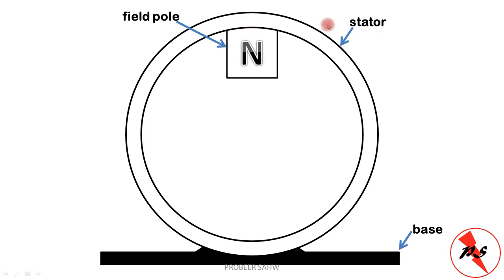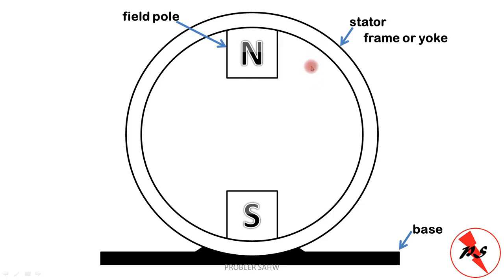Since the stator is the outer frame, we consider this outer periphery to be the stator, but now we see that there is a base which is also part of the machine, and field poles which are also part of the machine. So we now call this outer periphery of the machine the stator's frame or yoke. Now this base, the stator frame or yoke, and these field poles are combinedly called the stator. These are the parts of the DC machine which are stationary.